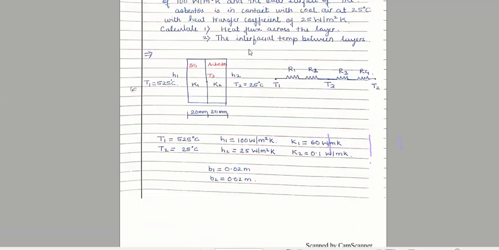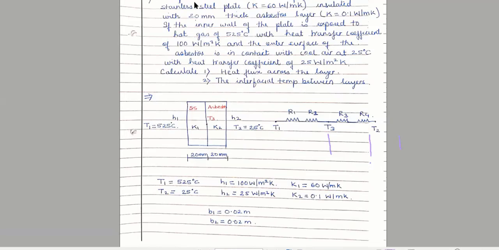Now what are you supposed to find out? The interface temperature. The interface temperature means the temperature number 3. Now how will you find out the temperature over here? For this you will require another concept. The heat is over here now. So the first heat will flow from here to here, so here you will get T1, then you will get this temperature, and from here to here, then only you can find this out. So what is the formula? The formula will be,